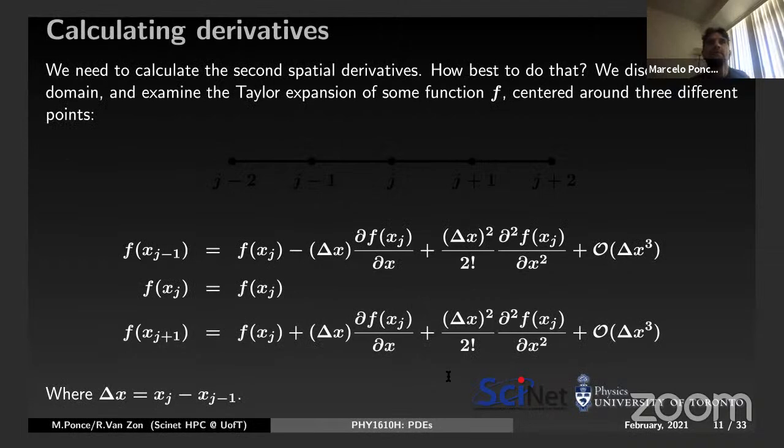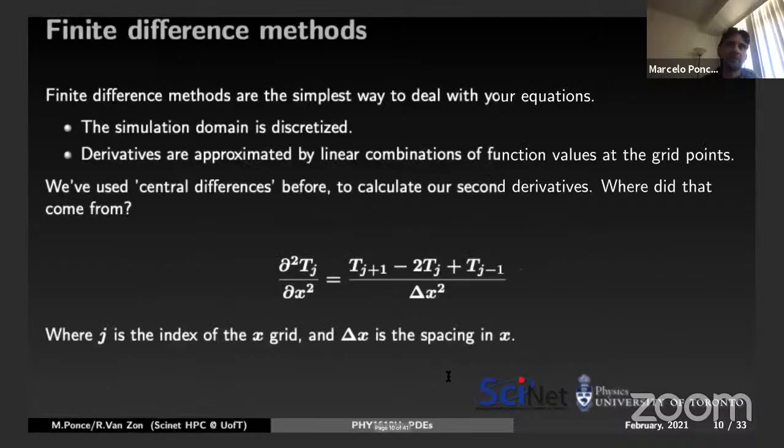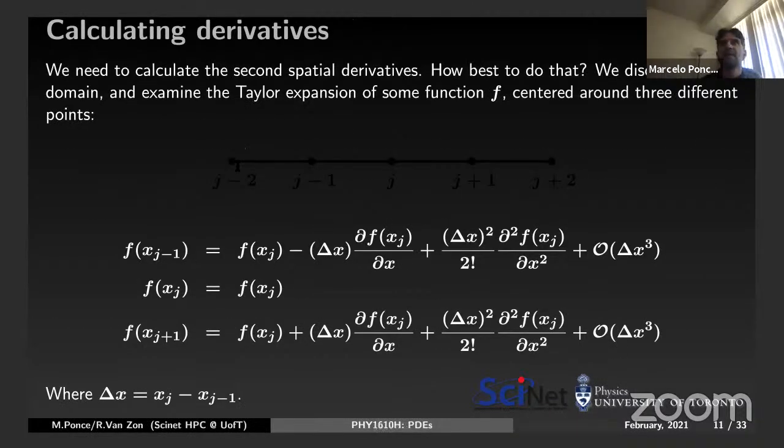So how do we compute these derivatives? This is just a recap of how you will obtain this expression, just to convince yourself. This line in black here represents the grid. This is the point where I'm stepping at j. j minus 1 is the previous, j minus 2 is the previous to that one, j plus 1 and j plus 2. So if I want the function f at the point j minus 1, then I can use the